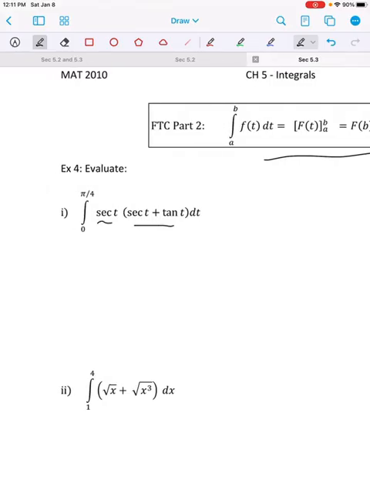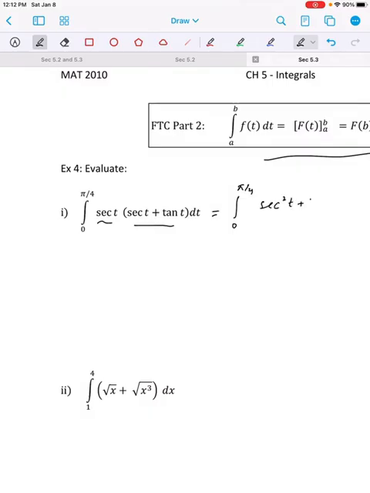Also, we don't know the antiderivative of tangent yet. But if we multiply it out, we end up getting secant square t plus secant t times tangent t